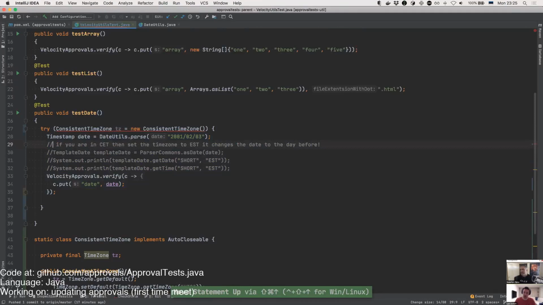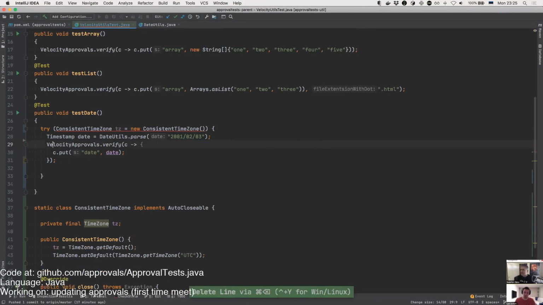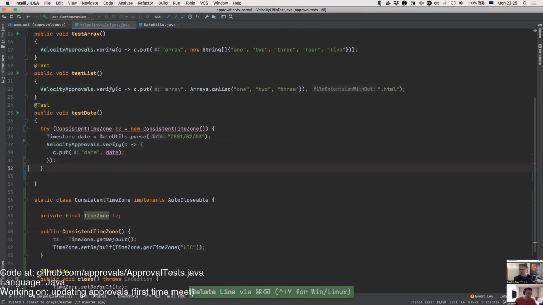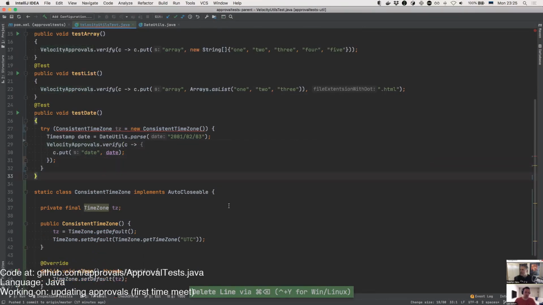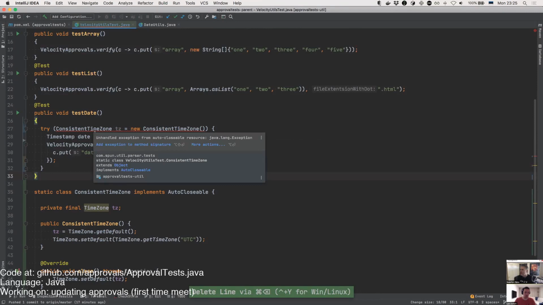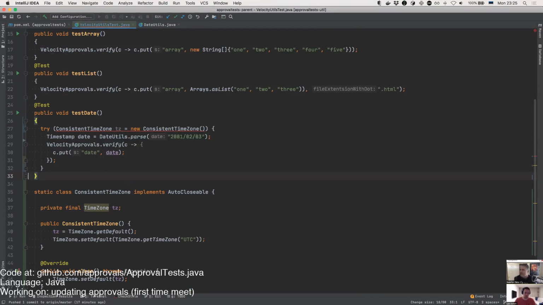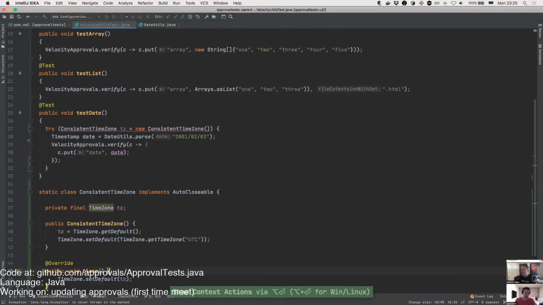I delete the comments. And why is it unhappy? Take away the throws exception in line 45. There we go. Let's do a quick run here on line 25.